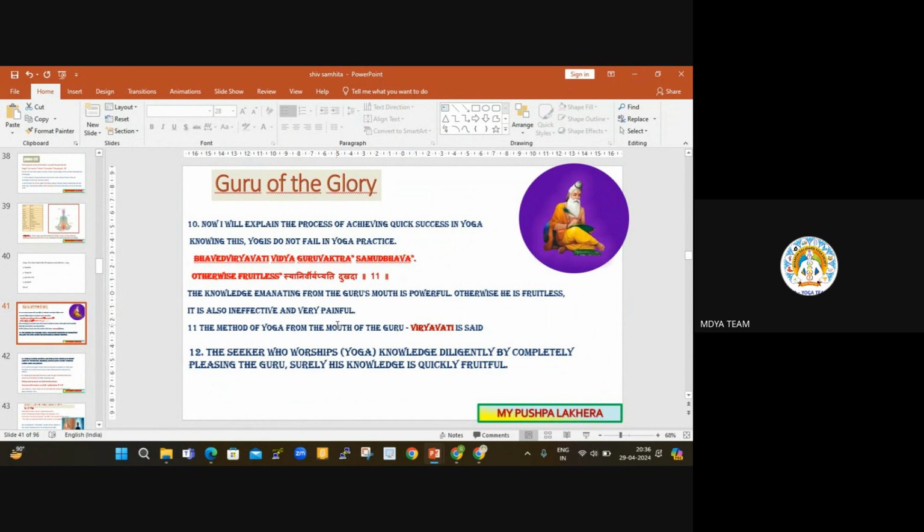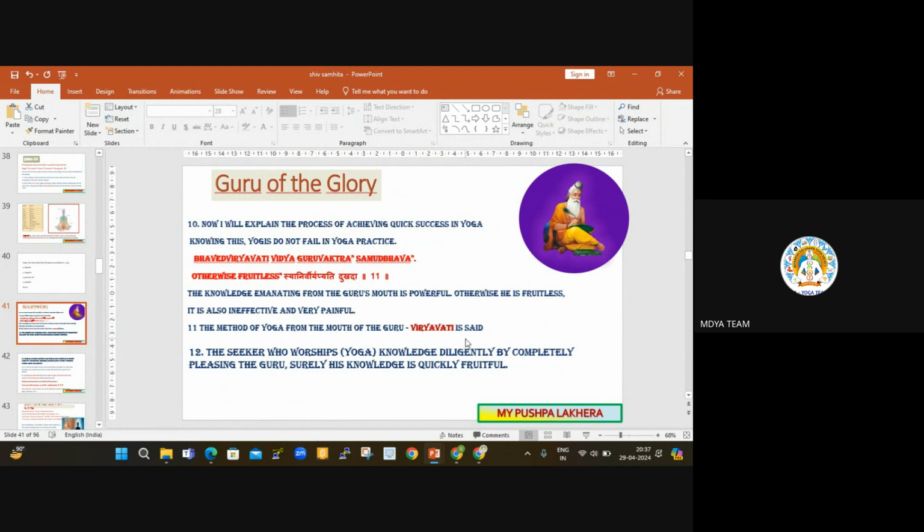So it is mentioned that if you are not following the Guru's instruction properly, then definitely whatever you are doing will be fruitless, because here you want to get that siddhi, the higher state. That is your fruit. You want that. So that will be felt in between, and you will feel different weakness, and it will be painful for you.